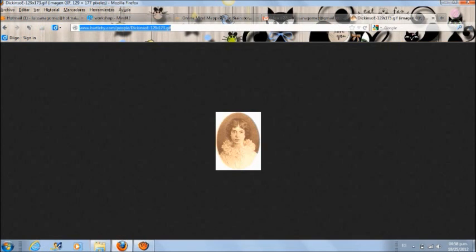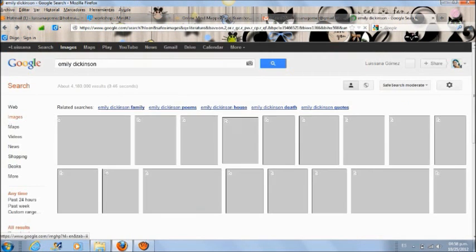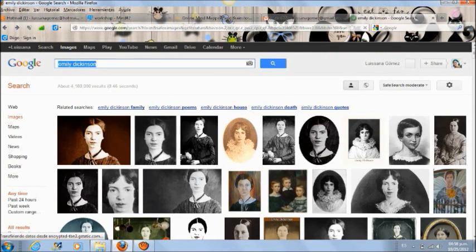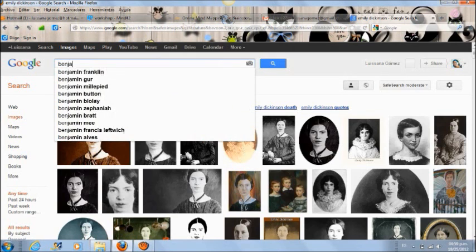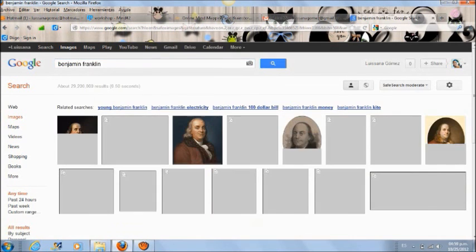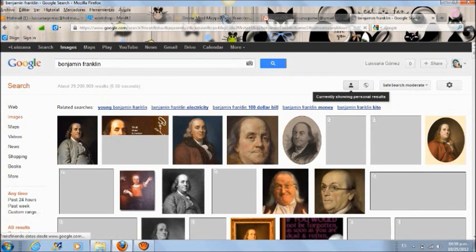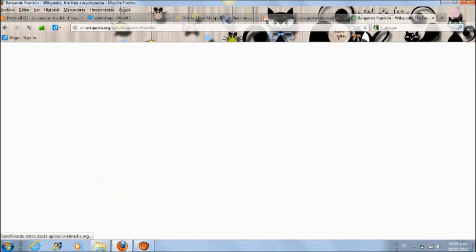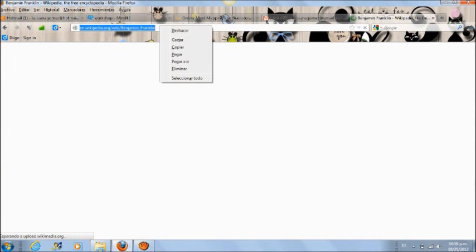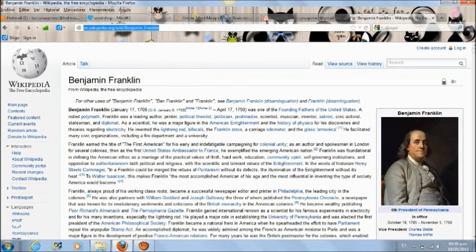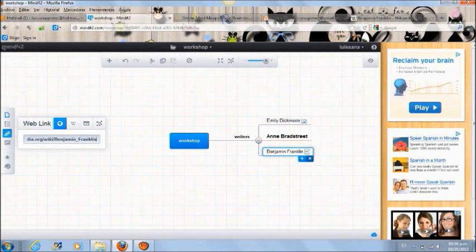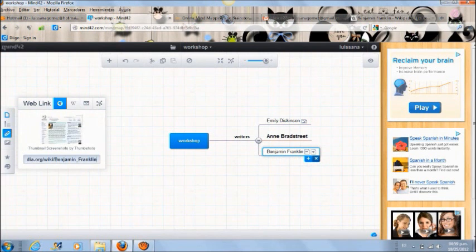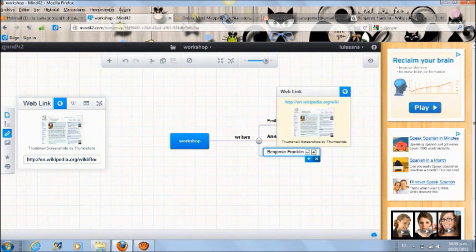So as a link, for example, we can go to the internet and you write Benjamin Franklin and you search the information. Here we have the information in Wikipedia, and we select here the link and paste it here, and that's it. You see, then you're going to have here the information about Benjamin